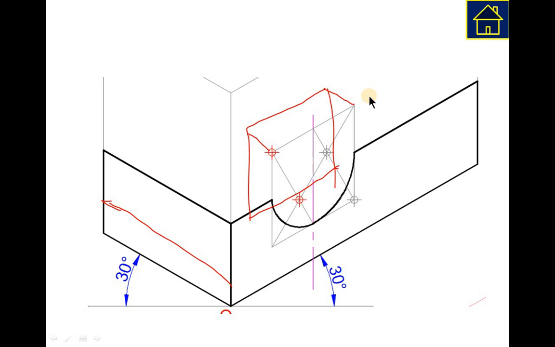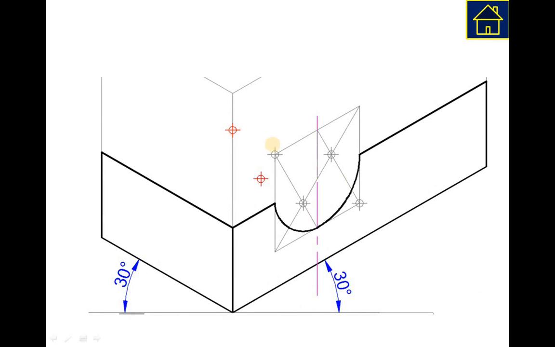So instead of this, in order to save time, instead of shifting the parallelogram, we will shift the center points. So these two center points are shifted here. You can check, this is shifted by 20 mm along the width, and this is also shifted by 20 mm along the width. You need to check that every time you are drawing parallel lines to width, height and length, without which your solution will not be accurate.